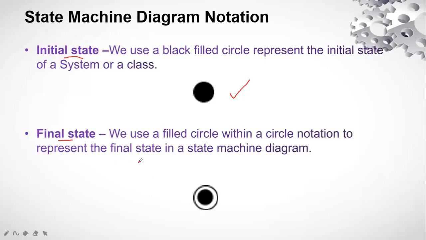Now, this is the same as the final node in the activity diagram. It is represented graphically in this form, that is a solid circle with a hollow circle at the outer space. So this is how we give the final state. Final state is the state where the machine, where the class notation is going to end, where the process is going to end. So we have completed this particular notation, and we call it the final state. In the activity diagram, we call it the final node.